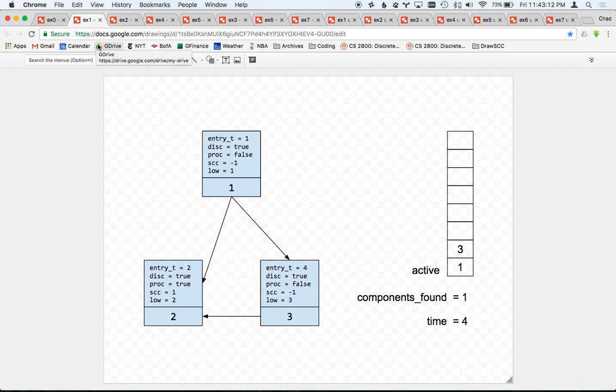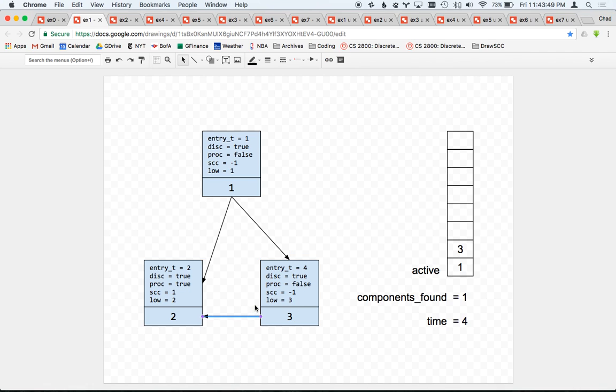Now, what I've done in the following cases in order to skip over a bunch of the grunt work to start with is to run the algorithm up to the point where we encounter a new kind of edge, specifically this cross edge right here between vertex 2 and vertex 3. So I've already pre-run the algorithm here to take us through vertex 1 and vertex 2. Vertex 2 is now marked processed. I haven't finished processing vertex 1 yet because I was working on this edge over to vertex 3 when I